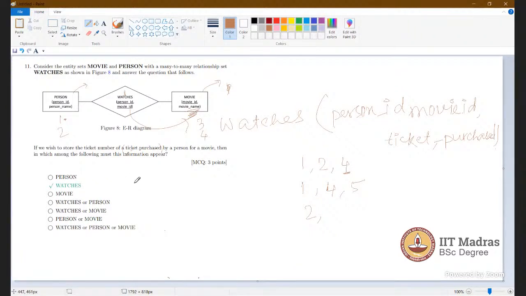Suppose you bought two tickets for movie one and movie two, and I also bought the same tickets, movie one and movie two. And suppose both our tickets get mixed. Then how will we identify that a ticket belongs to me? There must be some person ID associated with that movie ID, right? That's how we can store it in the watches relationship only. If we stored it in the movie, we could not identify which ticket is yours and which is mine. So there must be a person ID associated with a particular movie ID. Then only can we identify that. Yeah, got it. So that's why we are storing it in watches.